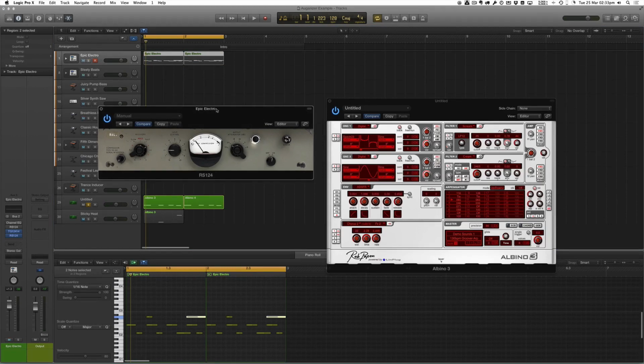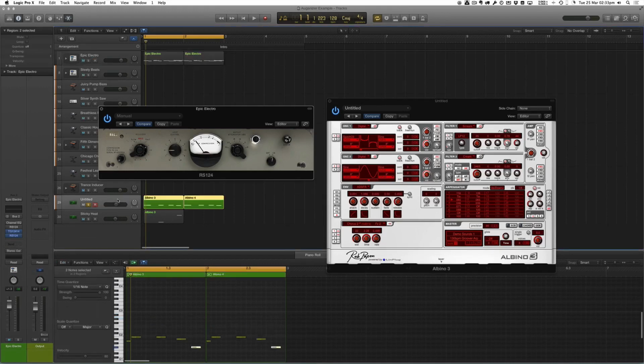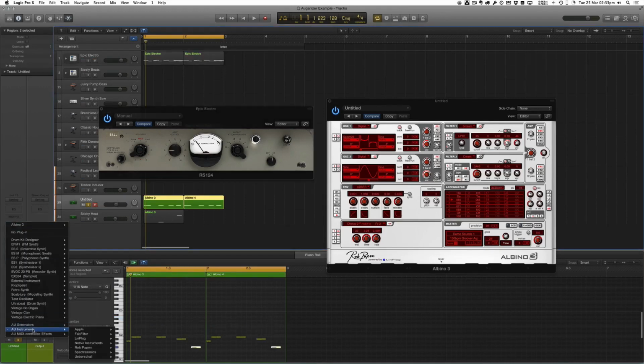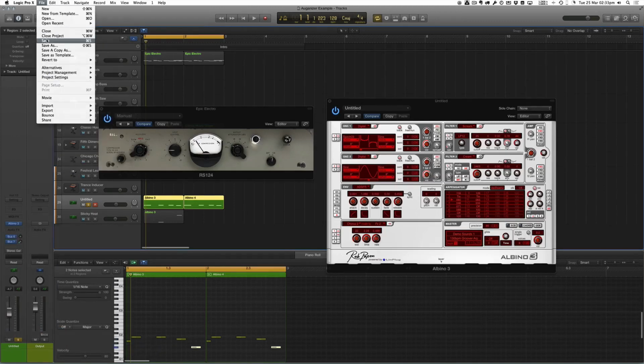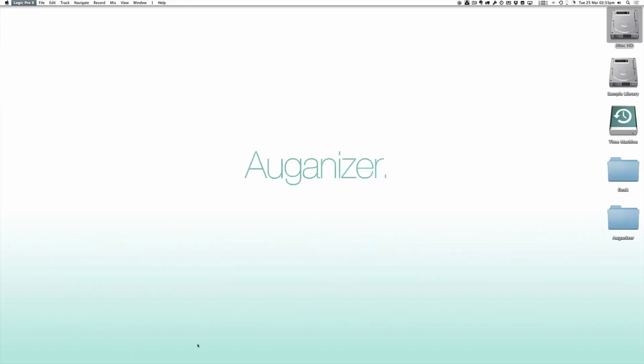This is running in 32 Lives as well. This is obviously a 32-bit plugin that I've wrapped here with 32 Lives, just to show you that that's all working fine too. The moment we go in here, we can see Abbey Road RS124 is inserted on this track. And the Albino is down here, and as you can see, stock configuration, manufacturer's name, Albino 3, there it is. So we'll save this track and we'll quit Logic, and we'll just wait for Logic to close properly. It takes a few seconds,